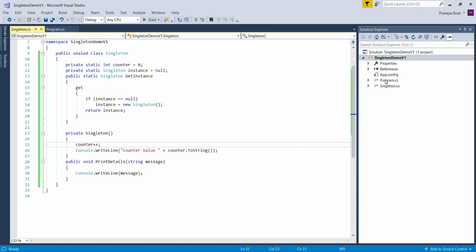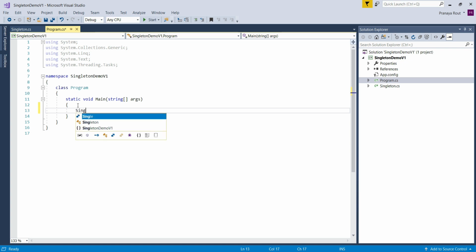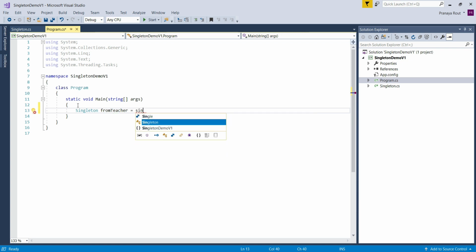To use the singleton instance, we need to modify the main method of the program class. So what I'm doing, I'm just creating a Singleton fromTeacher equals Singleton.GetInstance.